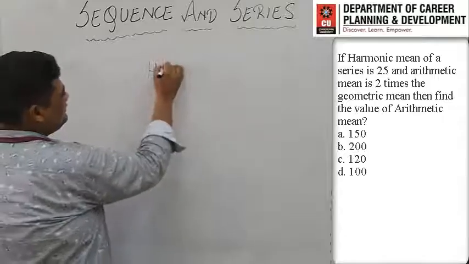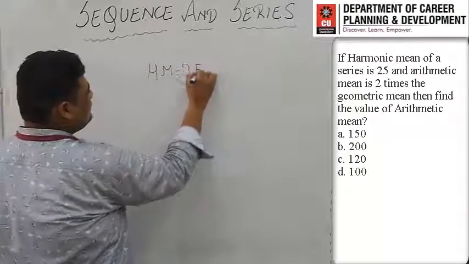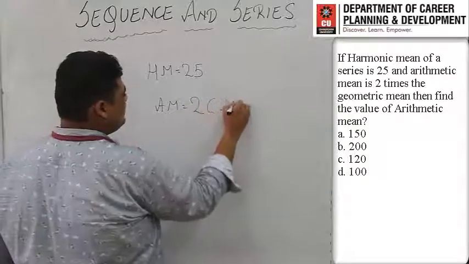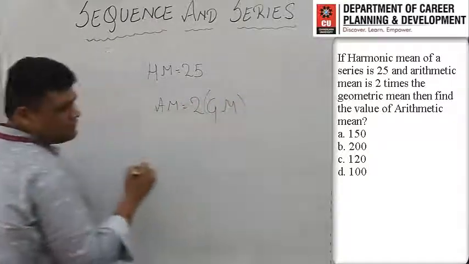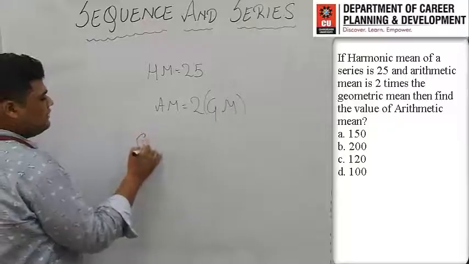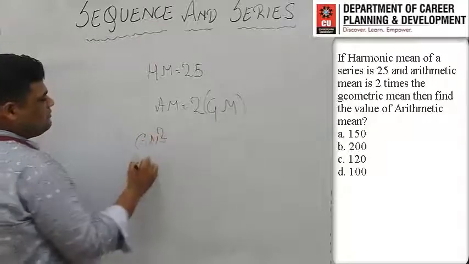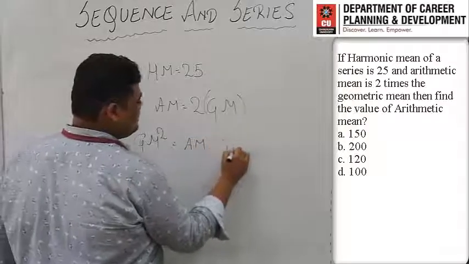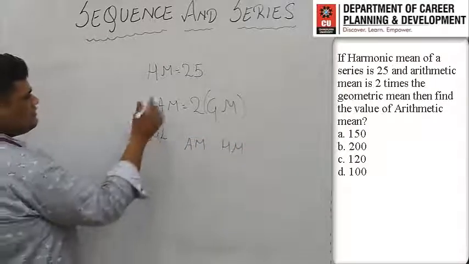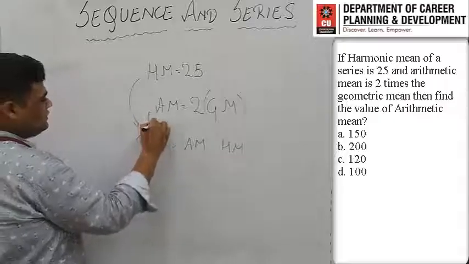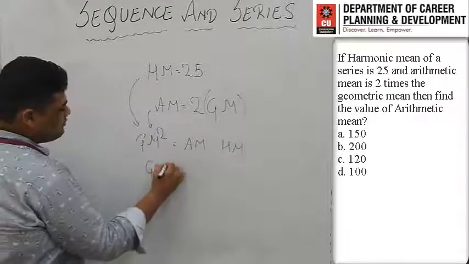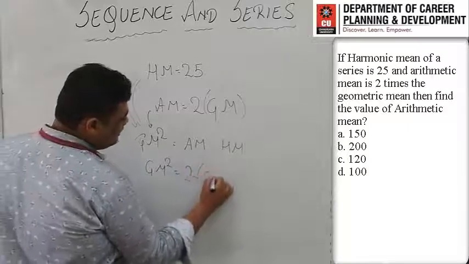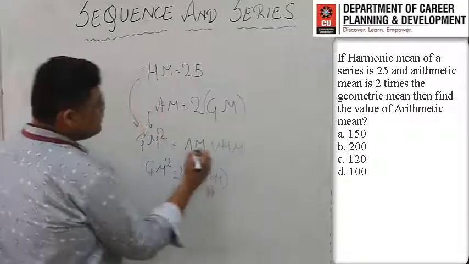Now we know the relation between them, that is geometric mean square is equal to arithmetic mean multiplied by harmonic mean. Just put these values in the given relation. So geometric mean square will be equal to arithmetic mean, that is 2 times geometric mean, multiplied by harmonic mean